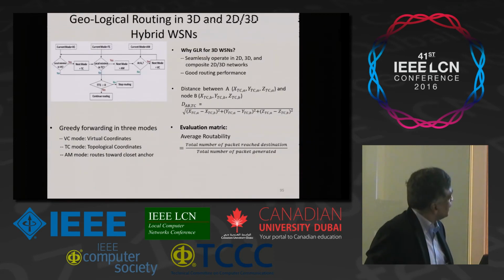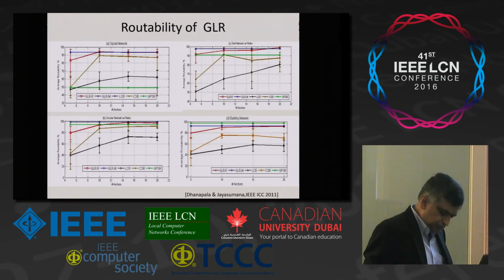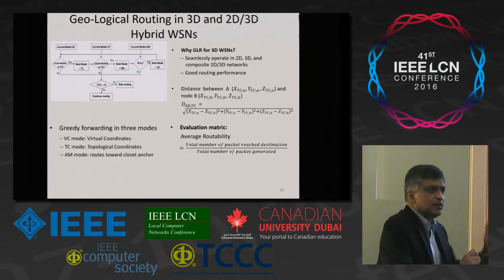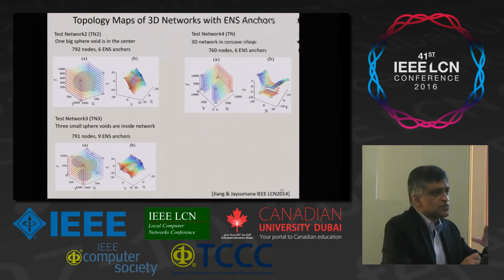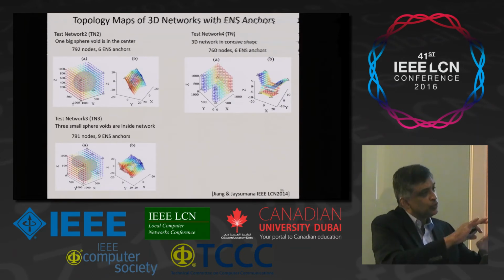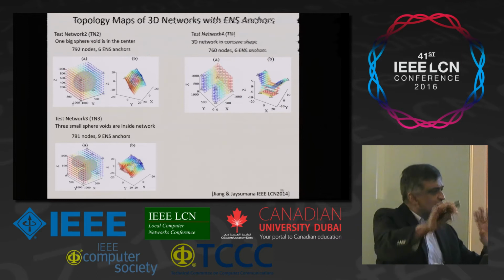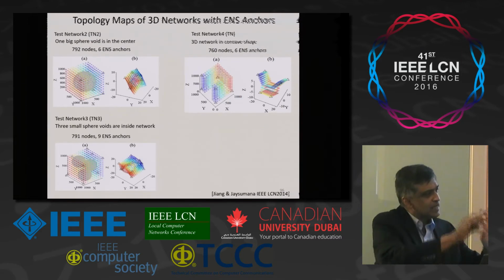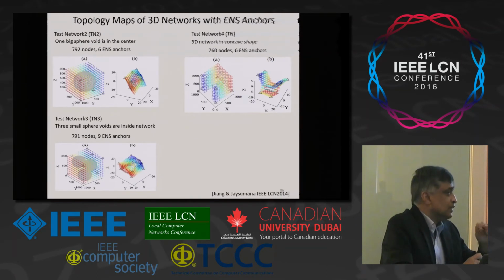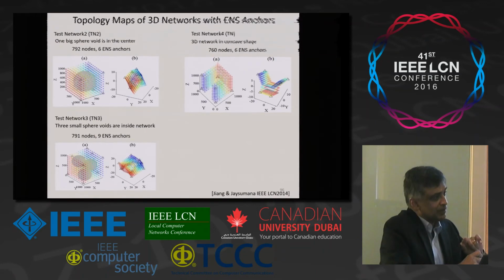And then the problem with all these things is that if you look at routing algorithms for sensor networks, right, there are a lot of routing algorithms. All of them are designed assuming a 2D structure. Sensors are deployed in a plane, and I can localize and I can do this routing. There are few algorithms for 3D structures, but they don't work well for 2D. 2D algorithms don't work at all for 3D.